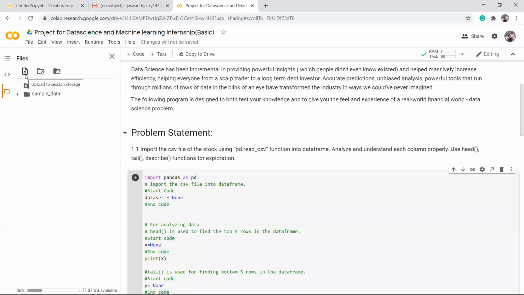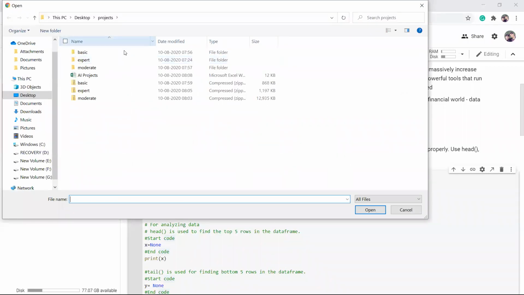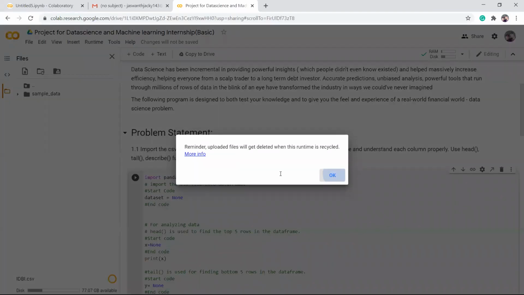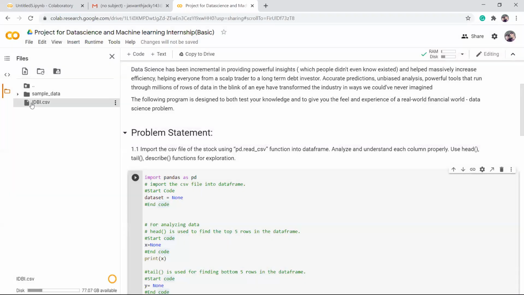you need to set your current path to the module where you have downloaded it. It is very easy to set up in Google Colab. You need to upload the CSV file, right? Suppose now in basic module 1 you are dealing with something related to NumPy, you need to upload this file. You see the CSV file is uploaded now, so now you can do manipulations related to this CSV file.